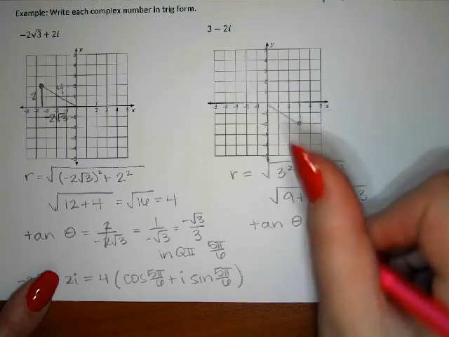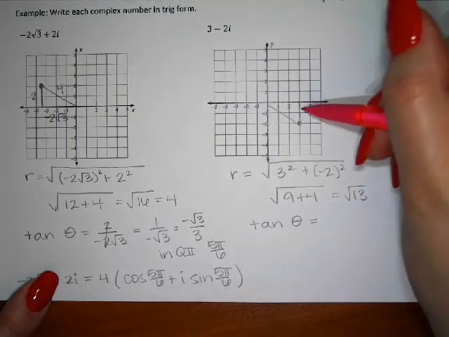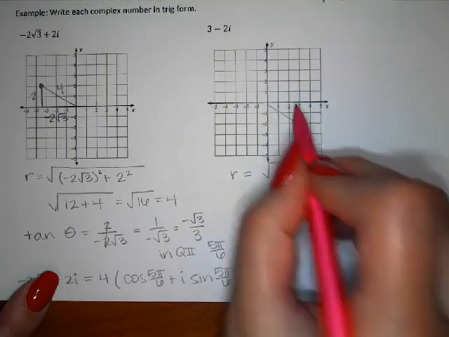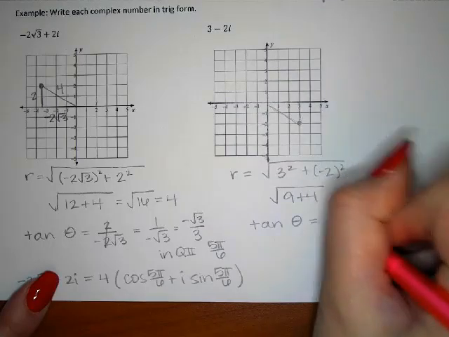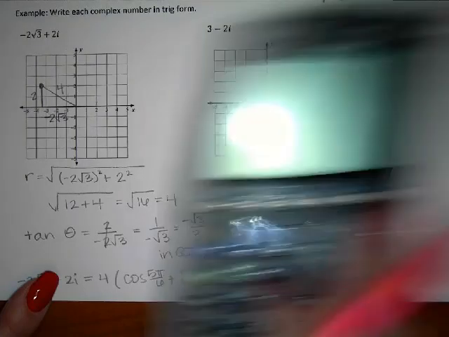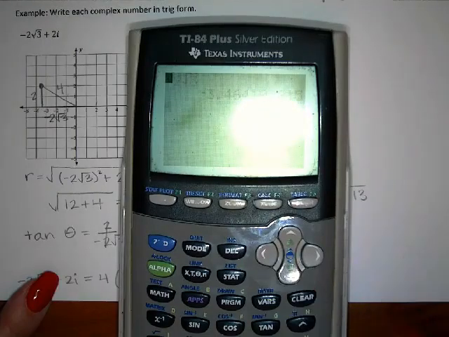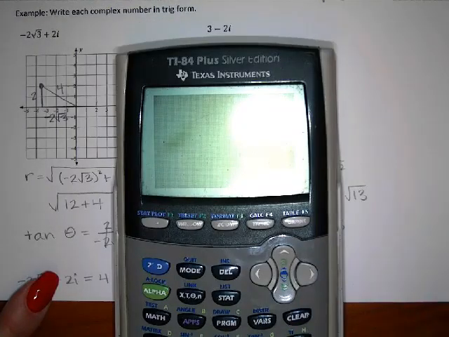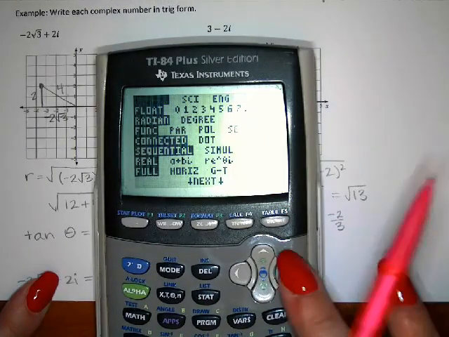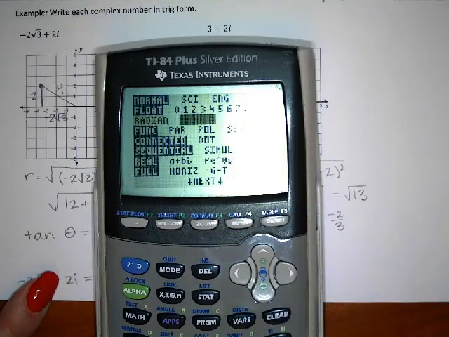And then to find the argument, which is the angle, I'm going to say the vertical component divided by the horizontal component, or the b value divided by the a value. So -2 divided by 3. And this is one that is not on the unit circle. And since it is not on the unit circle, that means it's a calculator problem. So we are dealing with degrees in this chapter for the most part, unless a problem really specifically states that it should be radians. And so I'm going to switch my calculator into degrees because I'm going to have to hit tan inverse to solve this. And so now I'm going to do tan inverse